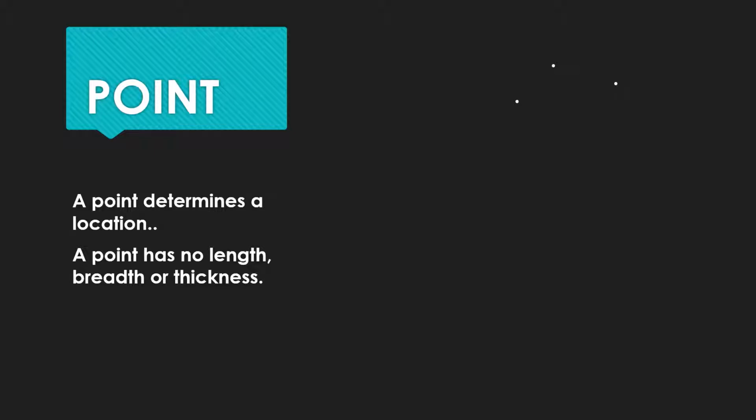Now, let us discuss some points and models. These are some models of a point. If you mark 3 points on a paper, you would be required to distinguish them. So for this they are denoted by a single letter like A, B and C. And these points will be read as point A, point B and point C.